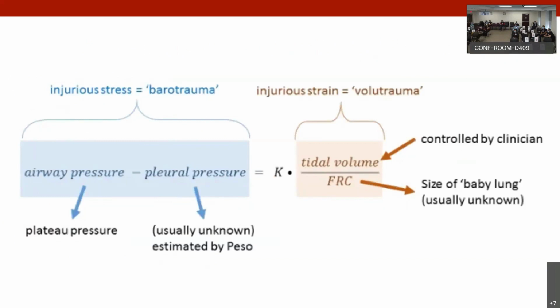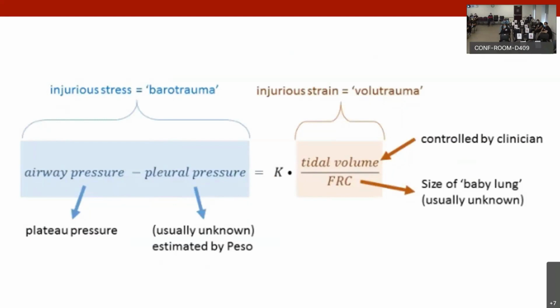Now, let's go back to stress and strain just a little bit. I think this equation and this kind of relationship really cemented it in my head. So I told you that stress is related and proportionate to strain, right? Stress, which is high transpulmonary pressure distension, is what leads to barotrauma. The strain, which is your tidal volume relative to your functional residual capacity, leads to volutrauma. Both these things are bad, and they're both